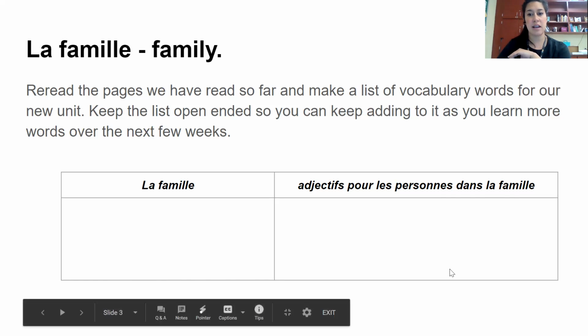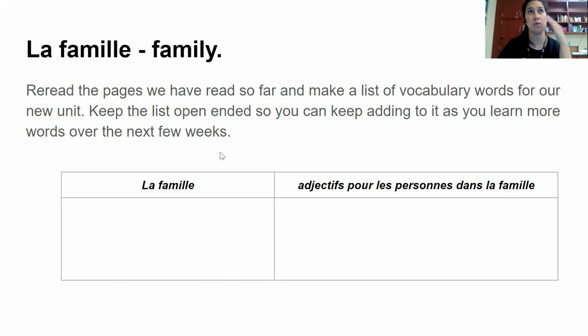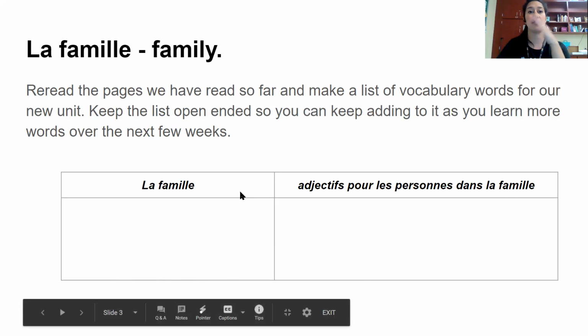And right here, I've closed it off, but I don't want you to close off your table. If you're doing it as a table or an open-ended list, keep it open-ended, because throughout this week, we're going to add to it. And as we continue, you never know what other adjectives we're going to find, other things you're going to read or you're going to hear that you want to add to the list, okay? From special person interviews, from conversations, from different presentations, different things. So keep it open-ended.